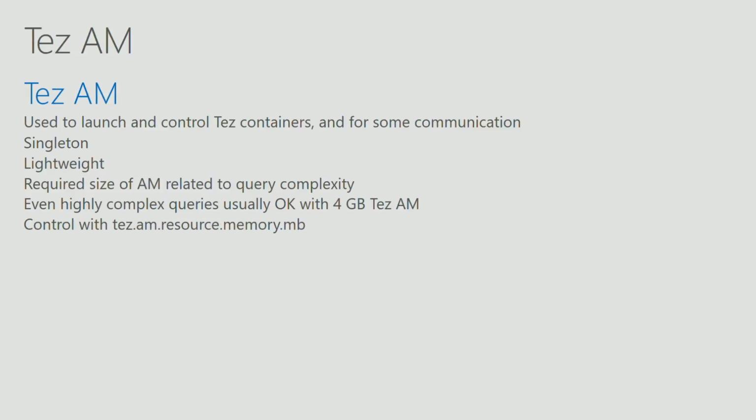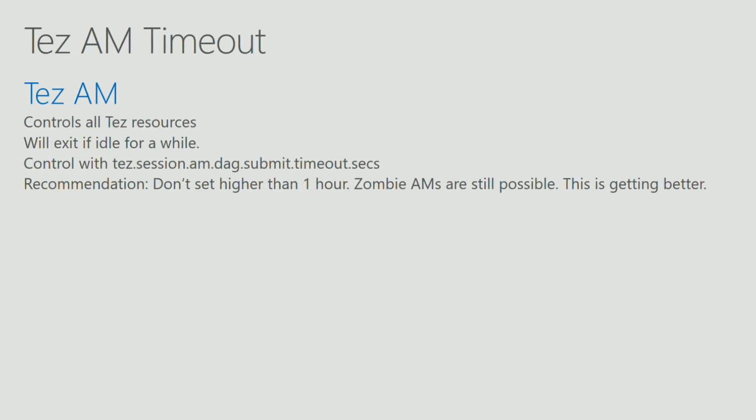OK. The next one is some Tez settings. We briefly touched upon the Tez application master. Just to remind you, every time you run a query, Hive Server 2 creates a Tez application master. One thing that customers often ask is, how do I tune the size of my Tez AM? Usually 4 GB is enough. Even for the most complex queries, this is not something you should need to change, but if you do need to change, you can tune it with this setting right here. The 2 other things, though, that might bring a lot more